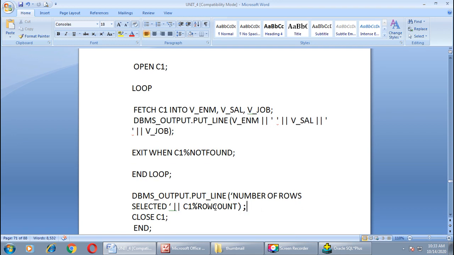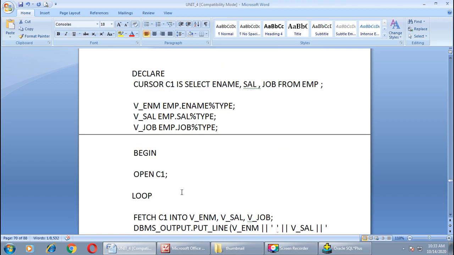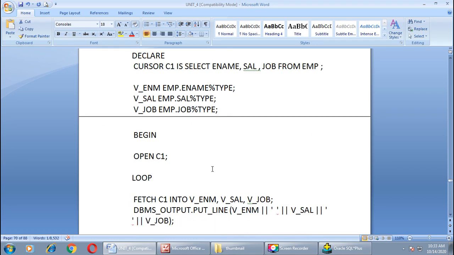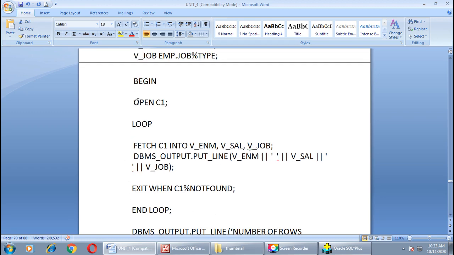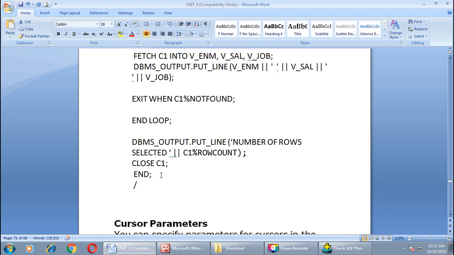Now here you can use this attribute with the cursor which is declared or created in your current program. We have created C1, so I am using the row count attribute with this name, C1 percent row count. At the end, close the cursor which is opened by you over here, right, and exit from the program.